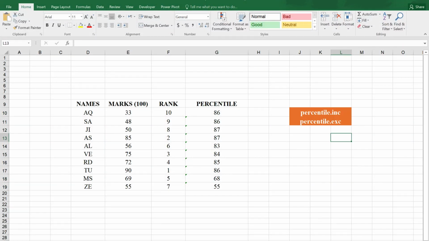PERCENTILE.INC and PERCENTILE.EXC are new formulas which work exactly like the PERCENTILE,